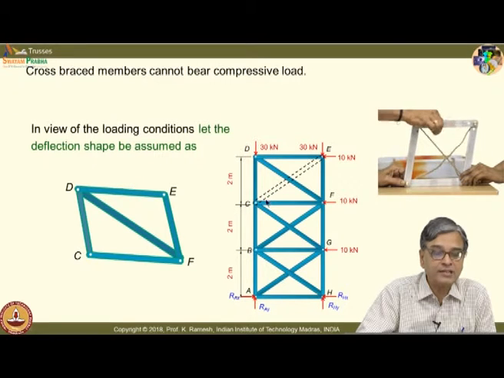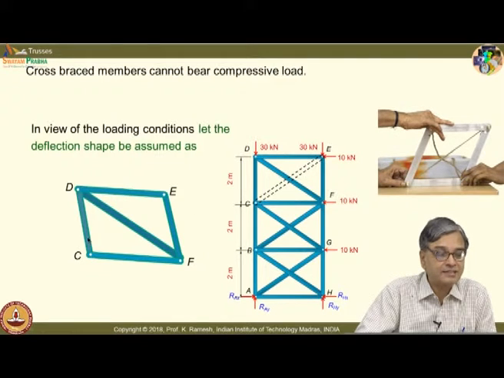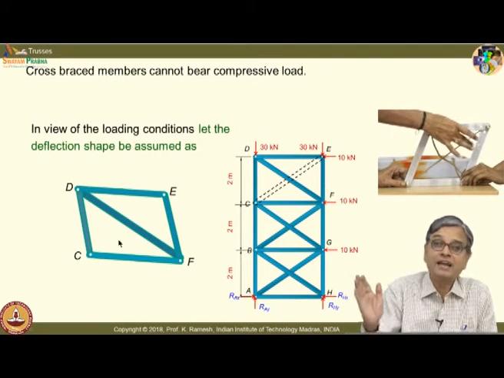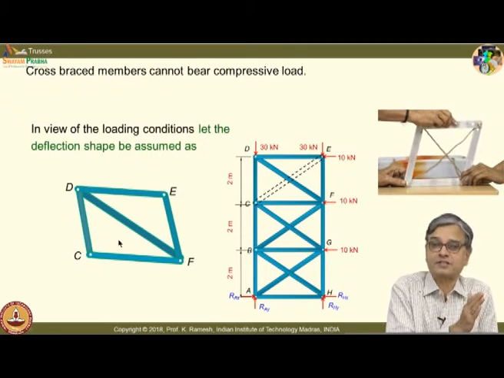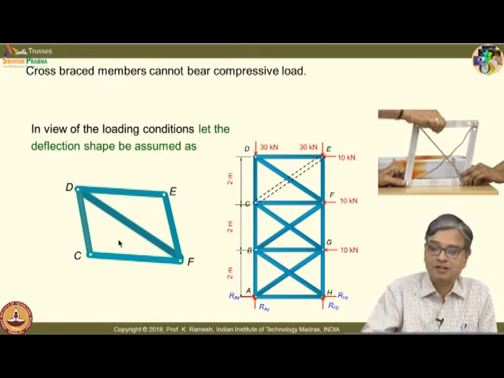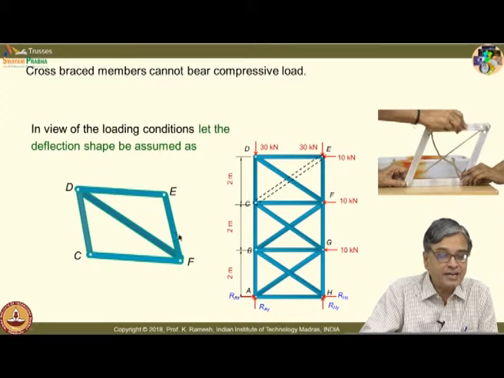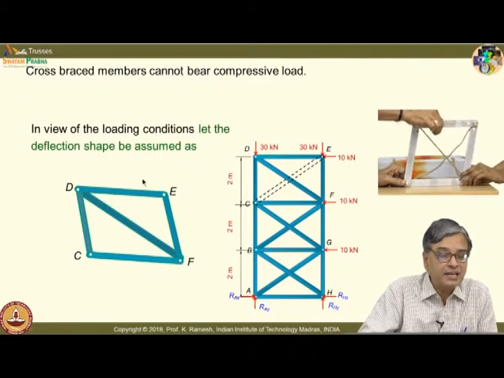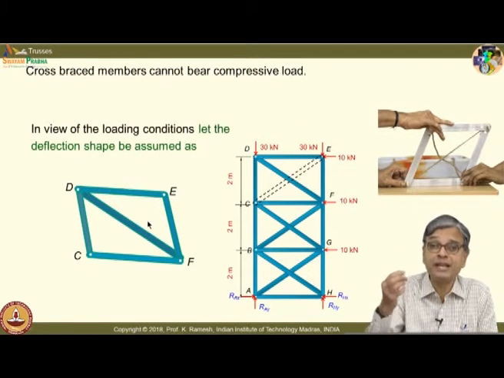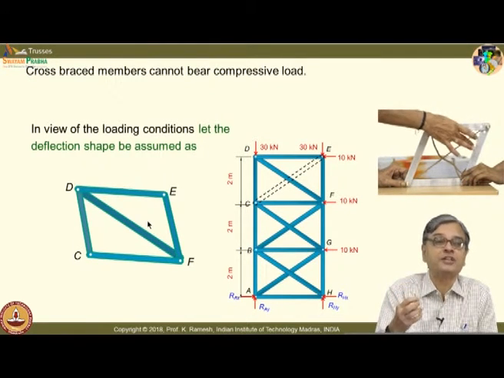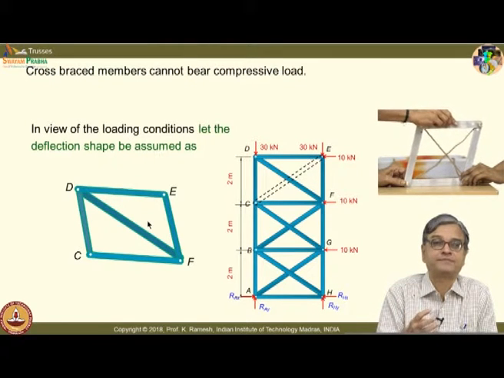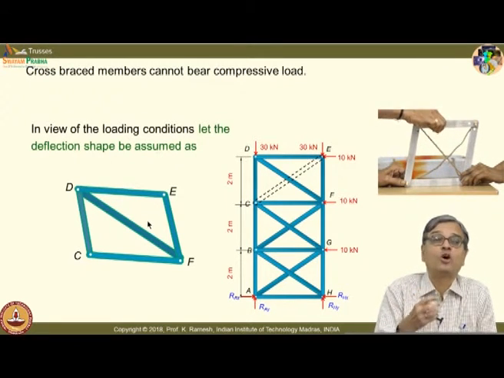So, what I would do is, I would make this member absent in my free body and estimate the member forces. What I assume is only this member is present and it is taking tension, and the deformation of the truss element is like this. That comes from the physics of the problem. So, I bring in additional information from the deformed picture. You have to visualize what way the deformation could be.